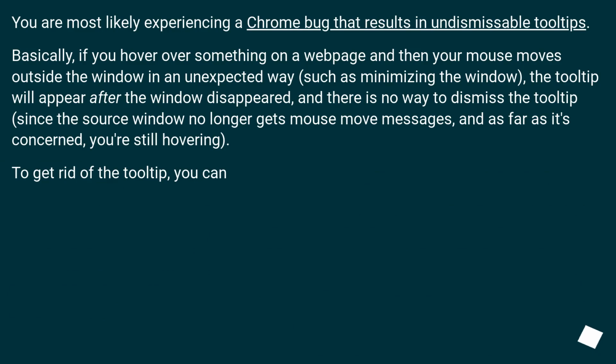You are most likely experiencing a Chrome bug that results in undismissible tooltips. Basically, if you hover over something on a web page and then your mouse moves outside the window in an unexpected way, such as minimizing the window, the tooltip will appear after the window disappeared, and there is no way to dismiss the tooltip, since the source window no longer gets mouse move messages, and as far as it's concerned, you're still hovering. To get rid of the tooltip, you can